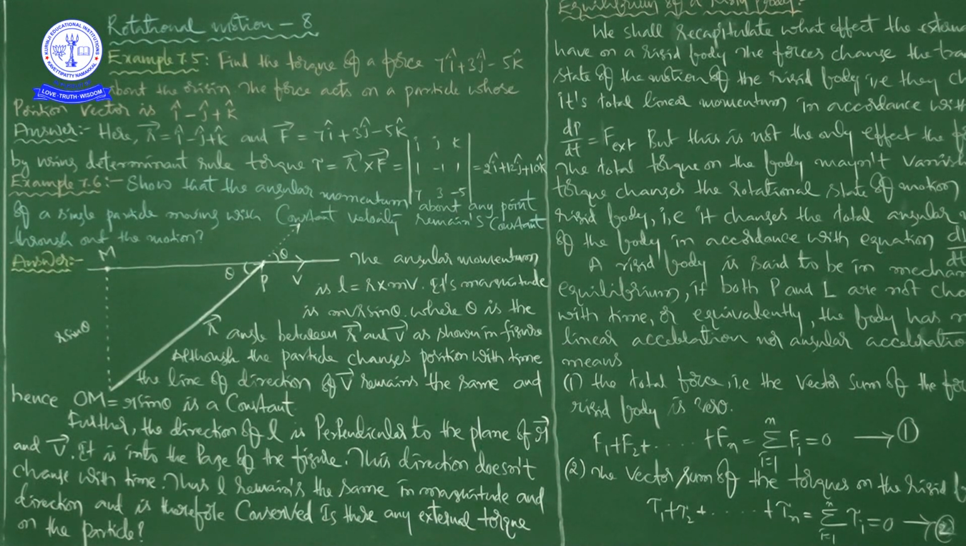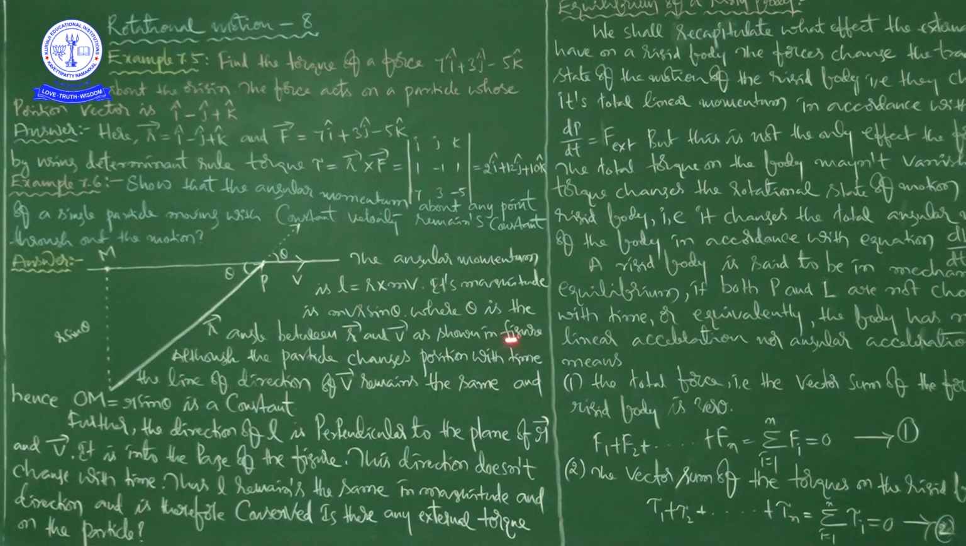And hence OM is equal to R sin theta. It is a constant. The line of direction of V remains the same, and hence OM is equal to R sin theta is a constant. Next, see here, further the